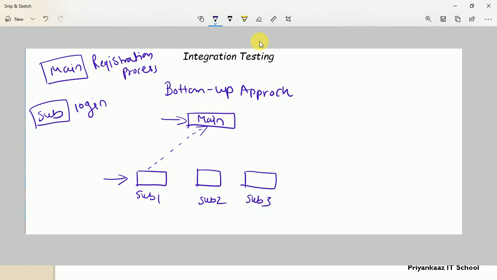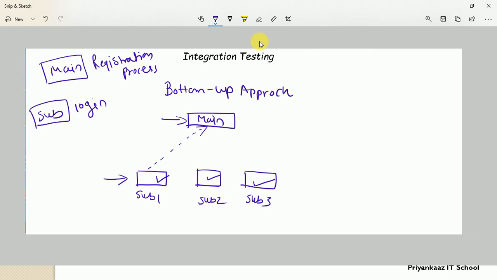But suppose, let's say the main module is under construction. If sub 1 is ready, sub 2 is ready, sub 3 is ready, but your main module is under construction, then how does integration proceed, how can we test the interconnection between these two modules? If the main module is under construction, then the developer needs to develop a temporary program, temporary code, which simply specifies the functionality of this main module.